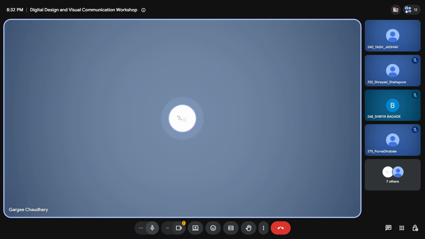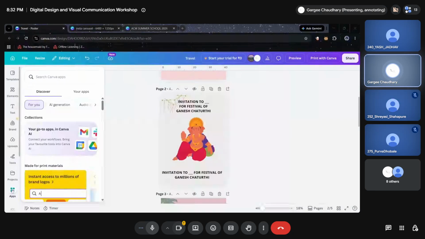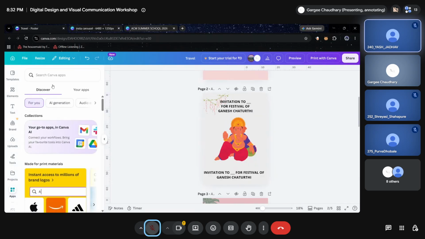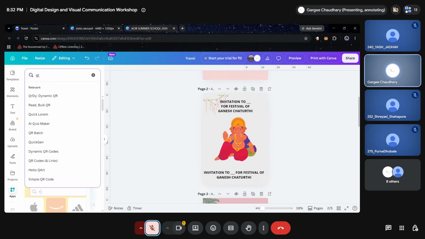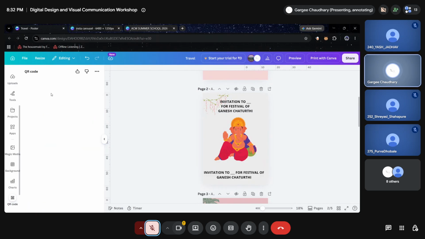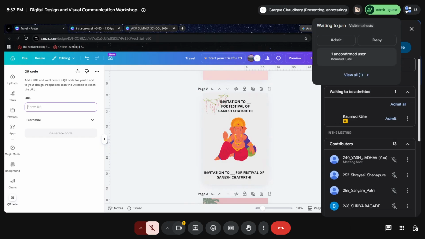There is an app by Canva that you can easily use to generate your QR. Can you see my screen? So after you go into the apps, you just search for a QR code generator, and you can easily find all of these links, and you can click on any of these and put your URL into it right over here, and you can just paste your URL and get your QR.